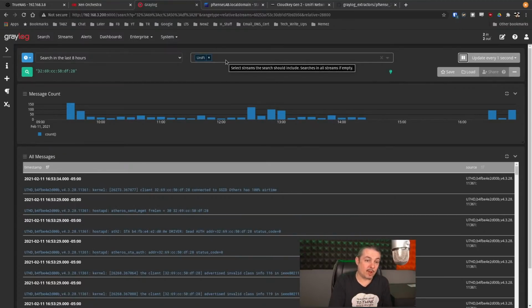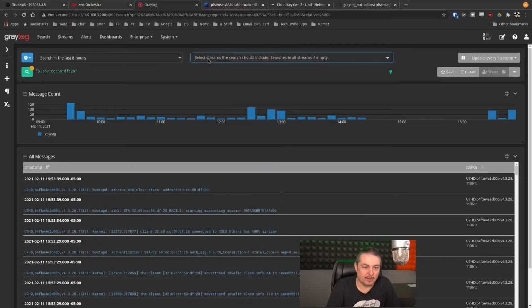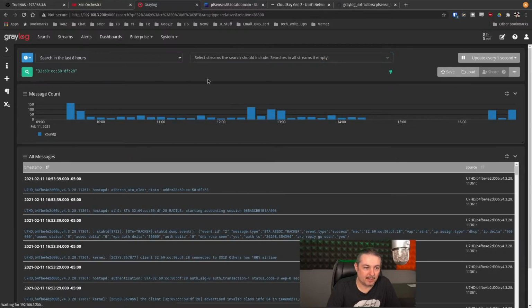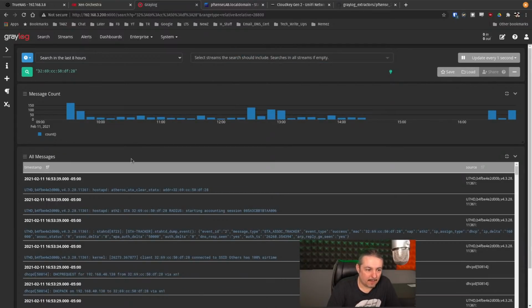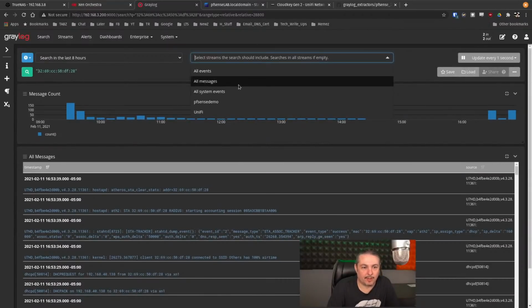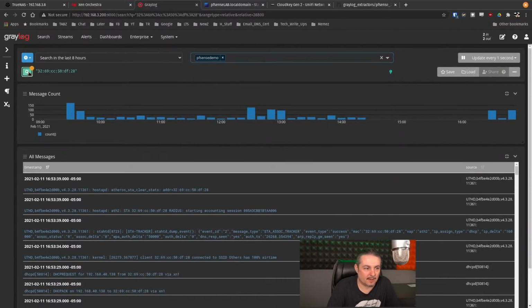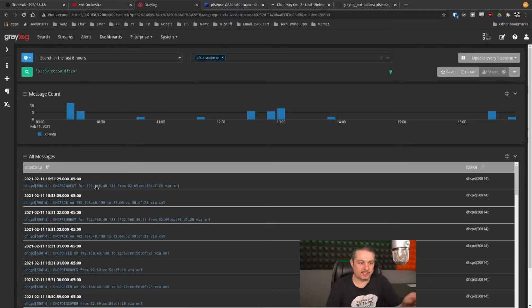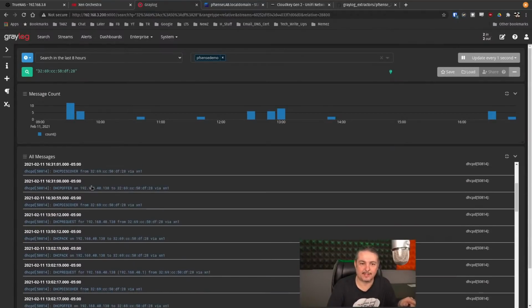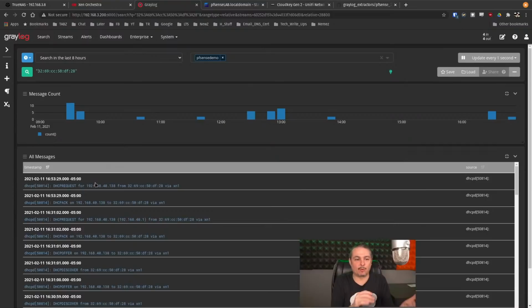Now, my phone also had to request an address. So if we actually go back to all messages and update this, actually we could filter for like pfSense. You can see here's the requests on the pfSense side. So I can jump back and forth between them, but this is the advantage, of course, and why everyone wants